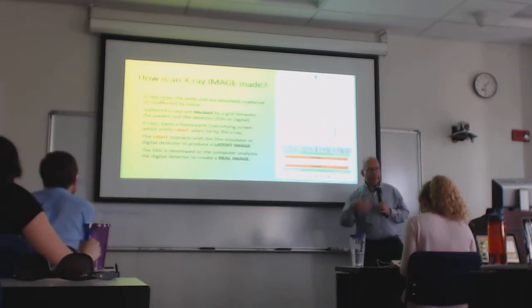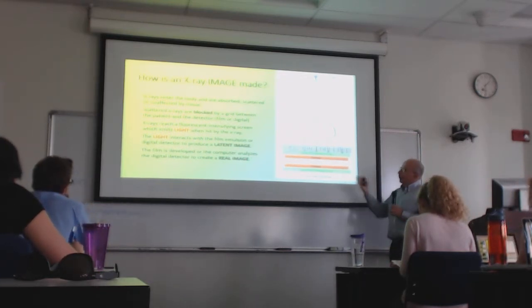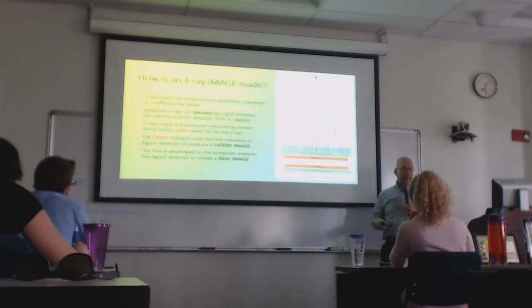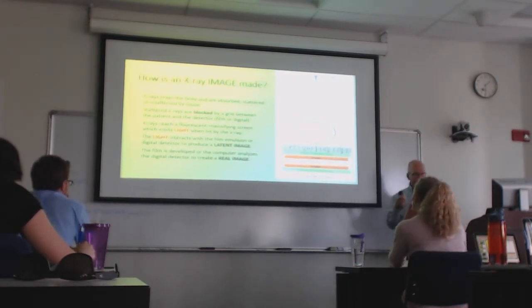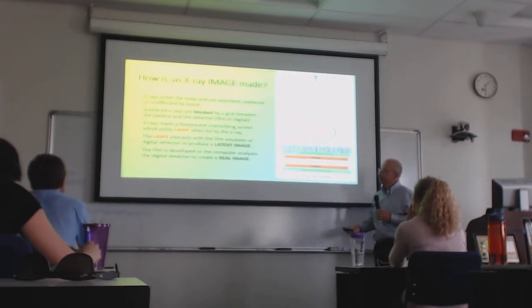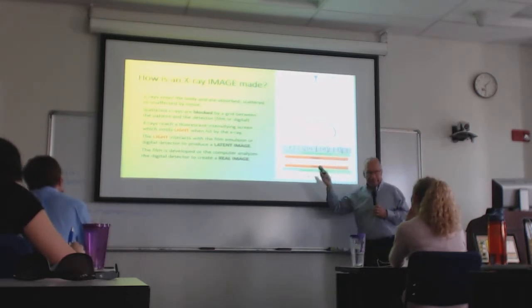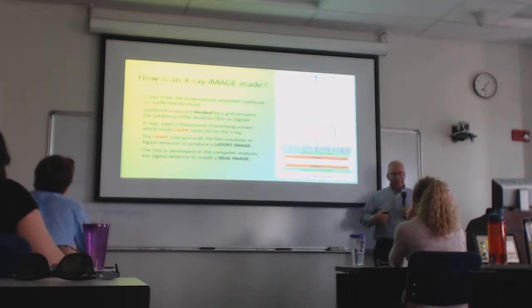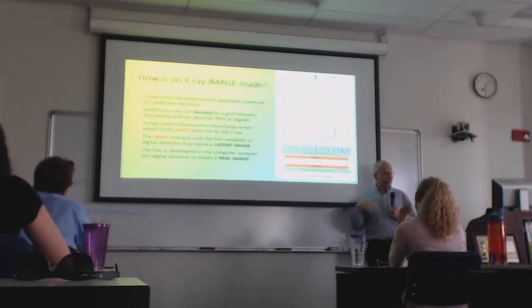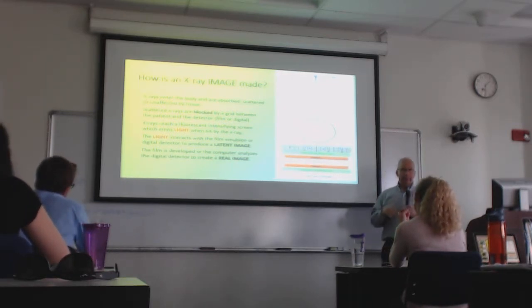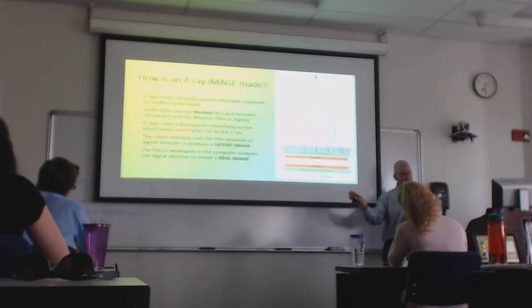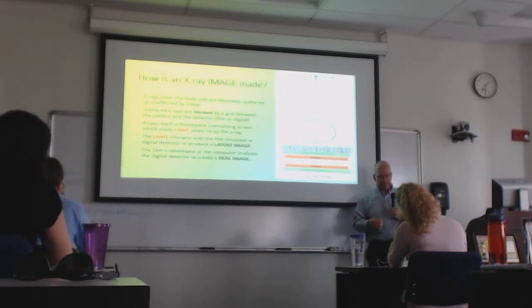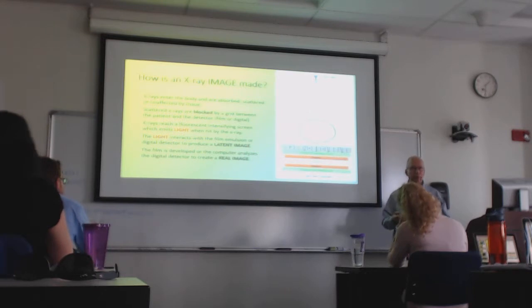Okay, so we've created the X-ray. We've got a patient. How do we take that X-ray energy and turn it into an image? The X-rays are going to pass through us. Depending on what they encounter, they may go straight through and encounter nothing. They may hit something and be deflected, or they may be absorbed completely, like when the X-ray photon hits dense bone and doesn't get deflected, it's gone.